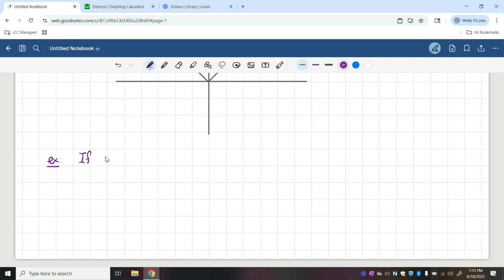If f of x equals 7 to the x, what equation would result from